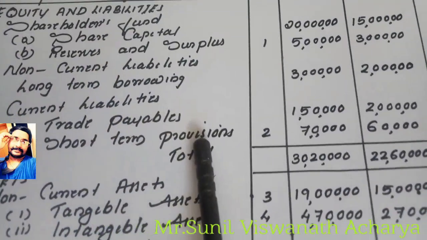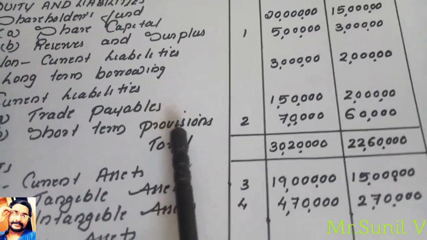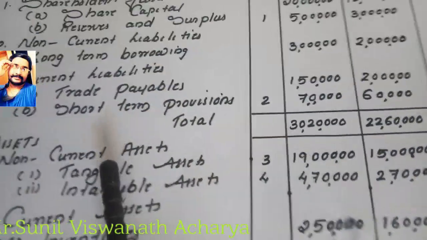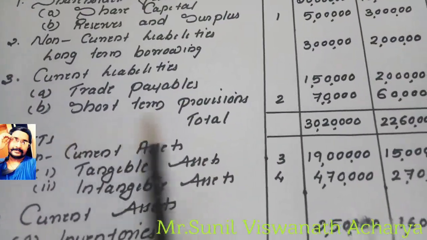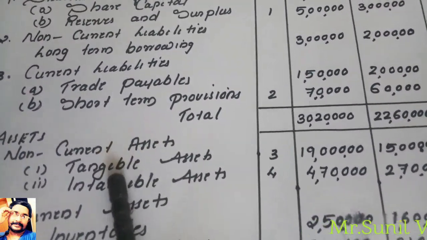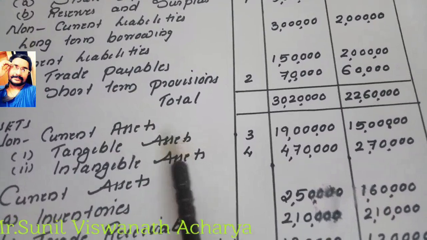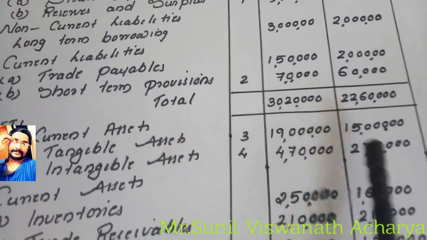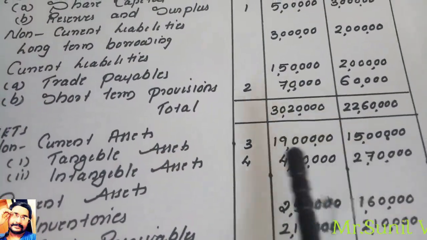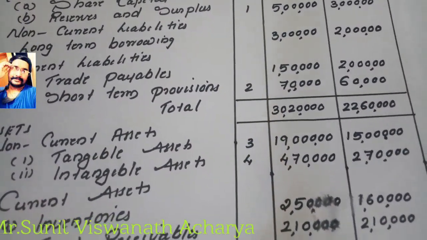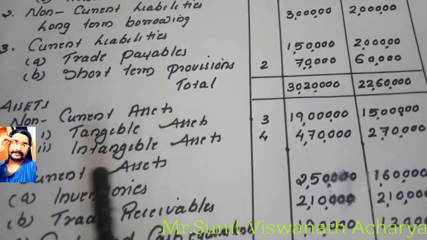Current liabilities, current asset and current liability, we know it will go to operating activity. In this, short term provision is there, that also will go to operating activity, and I will show how to do that. Then asset side, non-current asset, we know non-current assets normally will go to investing activity. Here tangible and intangible is there. Remember, intangible asset increase, it will go to investing. Intangible asset decrease, it is amortization. We will take it as a non-cash expense in operating activity.